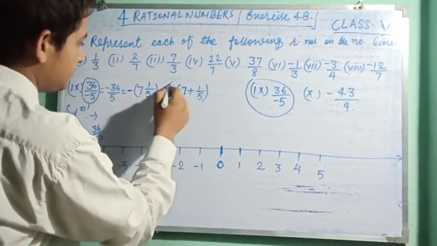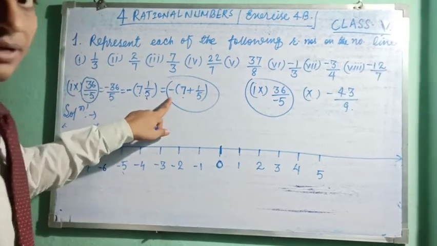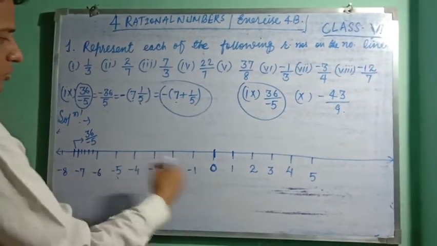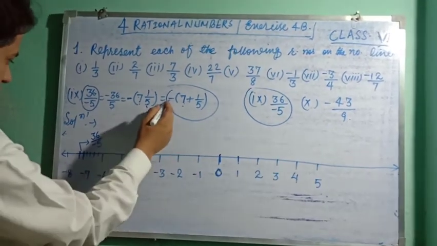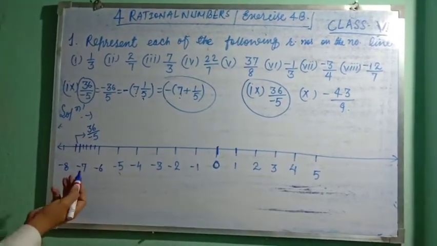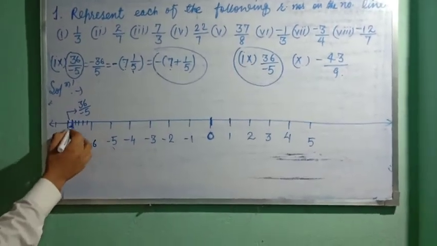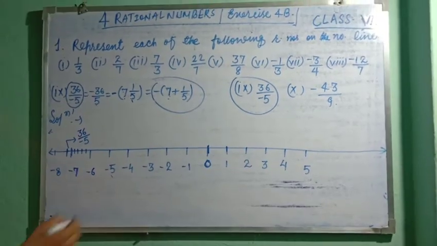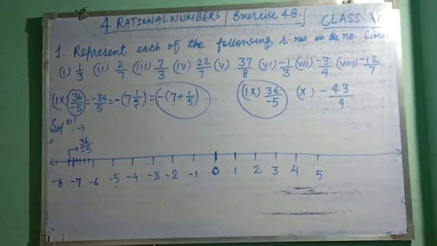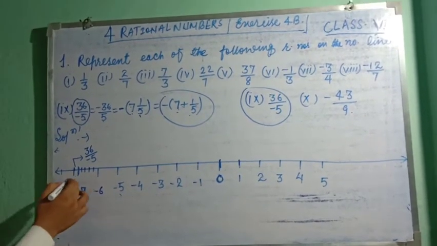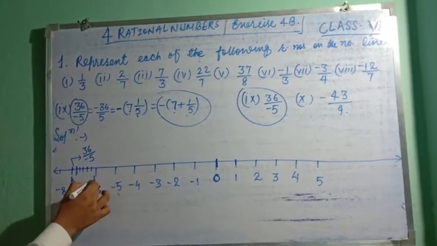But this has the negative sign, so we have to look at the left side of 0. Here is minus 7 because this is the left side. Here is minus 7, and 1 by 5 means this length